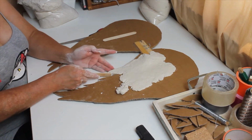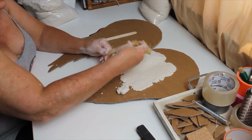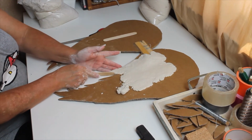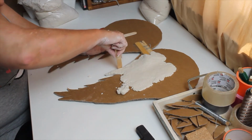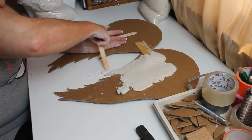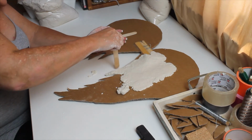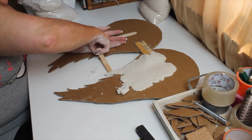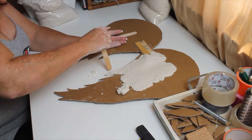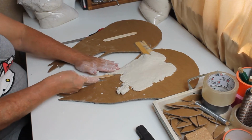And then, like I said, go like this, and then make sure you pull it down and touch up the sides. Even if you miss some areas, you can take some clay and add it on there if you want. But I'm going to suggest you try to take whatever you can off,